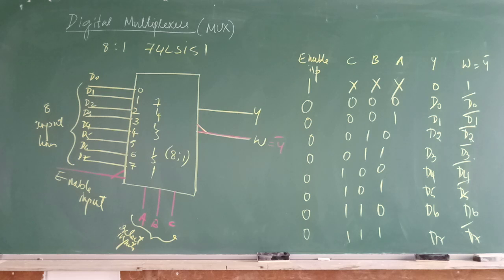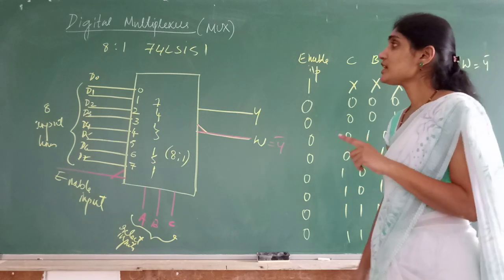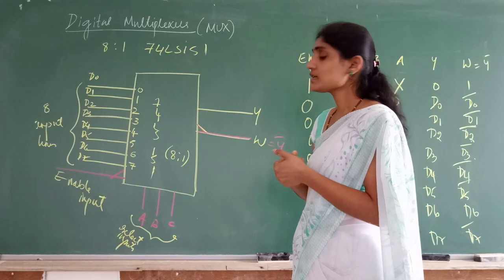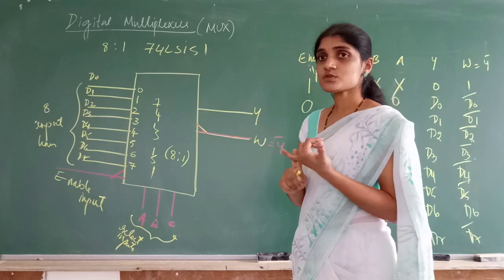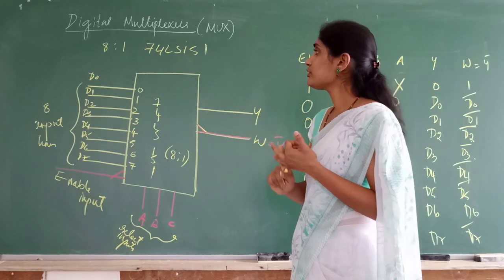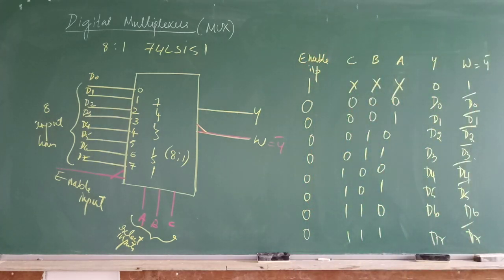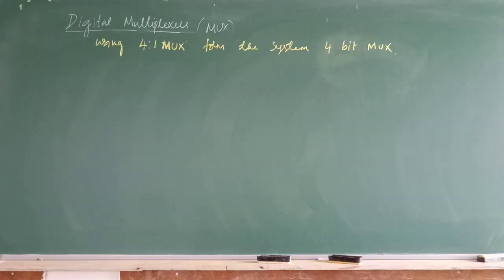Okay. So this is the 8:1 mux. We also have a 16:1 mux, that is 74LS150. So that I will write afterwards. But these two are very important: 74LS153 dual 4:1 mux, 74LS151 8:1 mux. Okay. So now, with the 74LS153 and 74LS151 that we have learnt, let us take up a question.